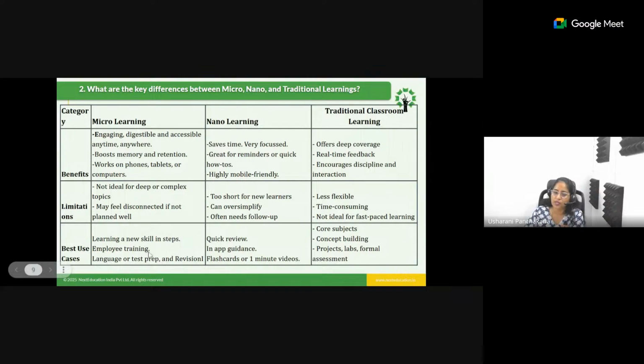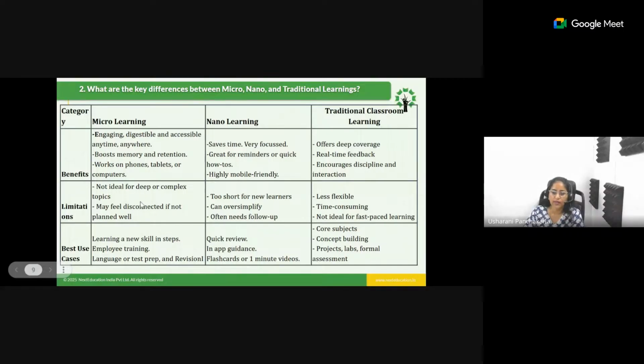Employee training also happens in the same way, because they will be given somewhere around 20 to 30 short videos or tools. The employee will go through it day by day and gain mastery over the complete whereabouts of the company and the project he is working on. Now coming to the third one, language or test preparation and revision. Everyone knows about this. If you want to master a language, or take a revision of any of this, this is where you can go ahead. But not straight away learning. If it is for a higher grade, it can be 15 minutes.